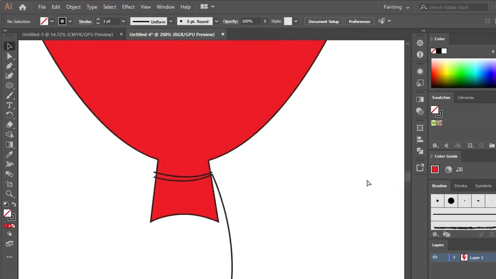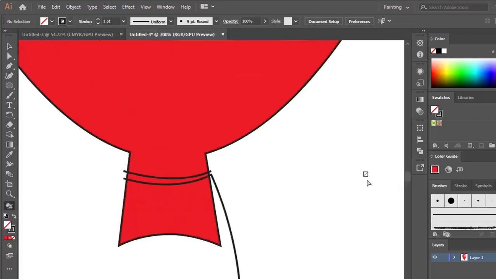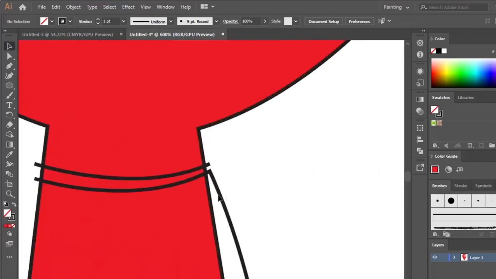So I'm going to zoom in as I give the impression of joined lines. So I'm going to pick the first line and place it just on the second one like this, and I'm